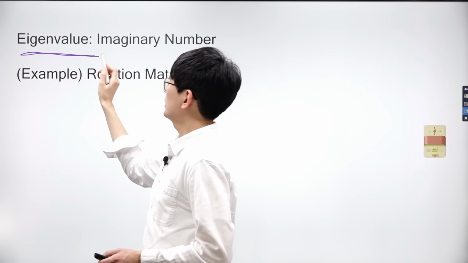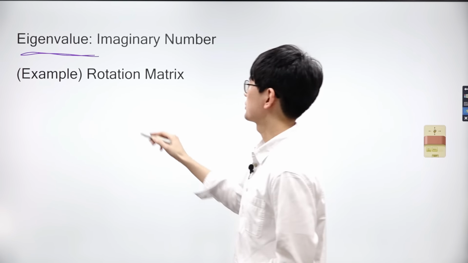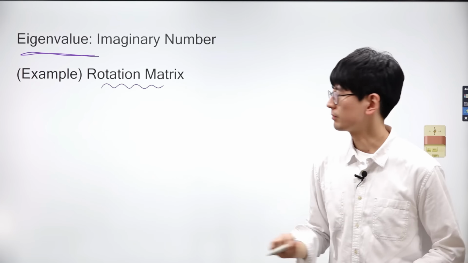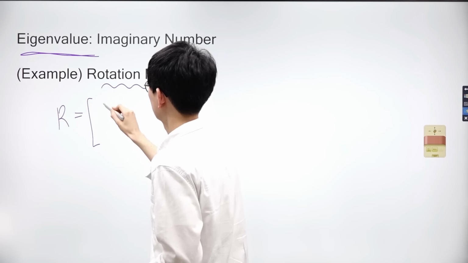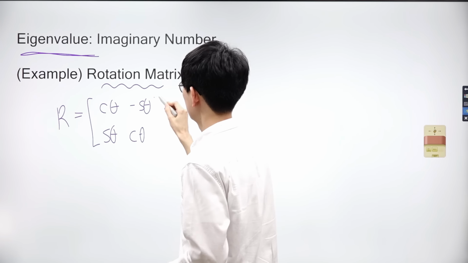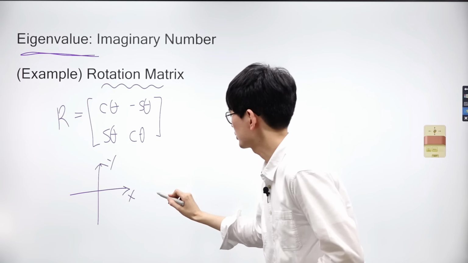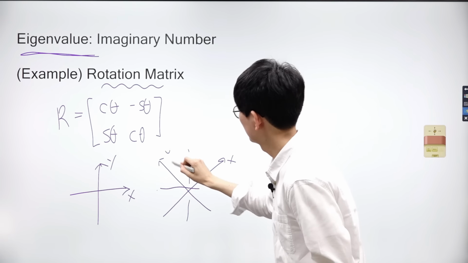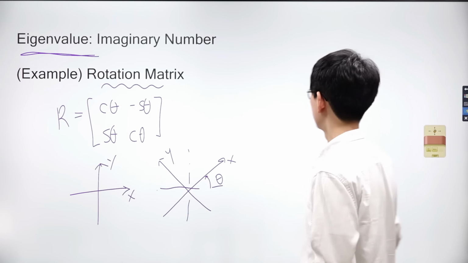However, eigenvalues aren't always real numbers, such as the case with 2 and 3 from the previous example. For instance, take a rotation matrix. If we consider a rotation matrix R that rotates space counterclockwise by an angle theta degrees, it has entries cosine theta, negative sine theta, sine theta, and cosine theta. This matrix R rotates the space by theta degrees. Let's find the eigenvalues of this rotation matrix.